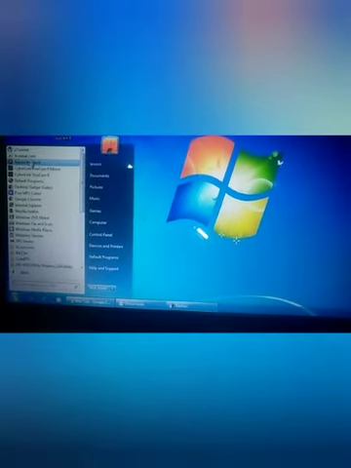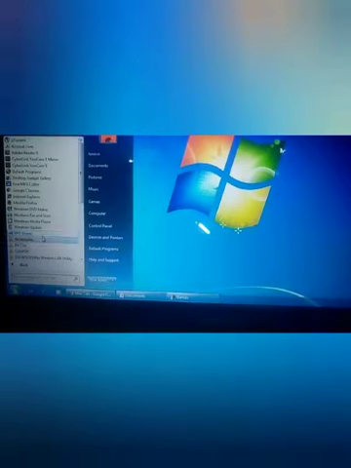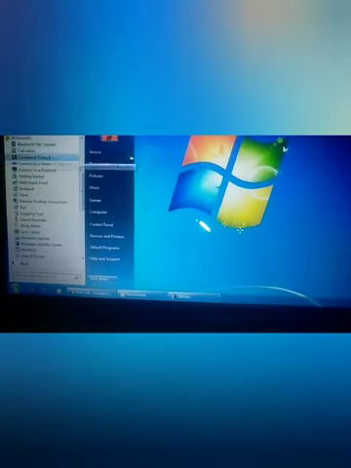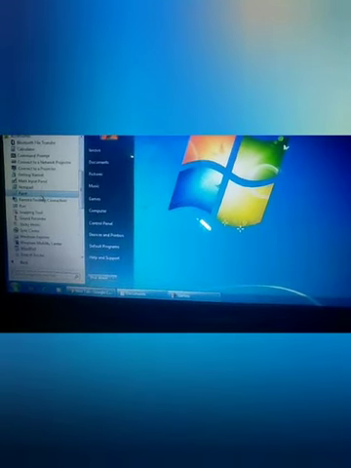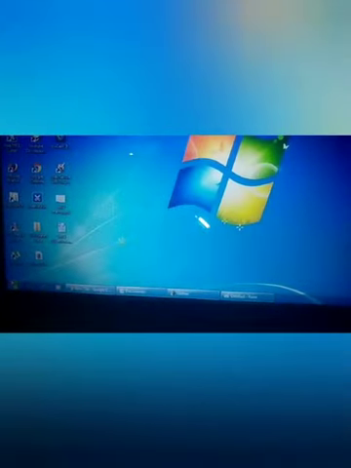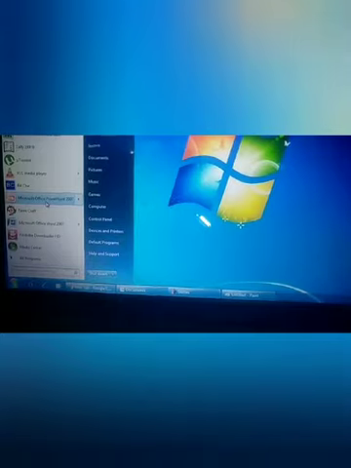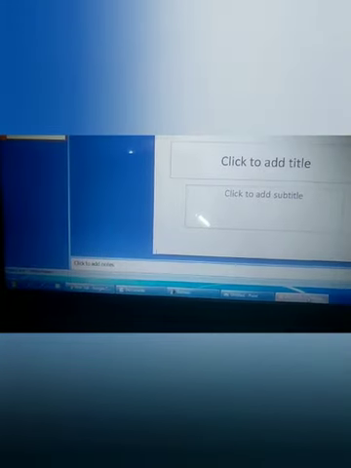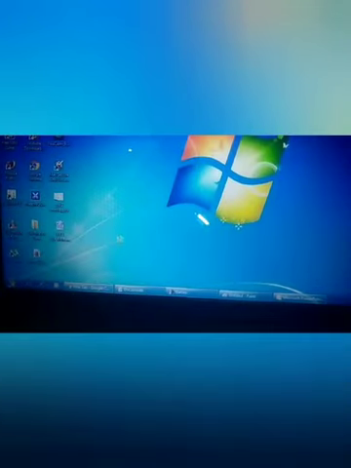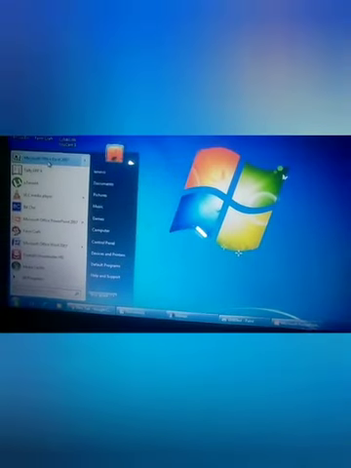Go to accessories, paint, Microsoft PowerPoint. In order to make the taskbar full, we are opening these applications.